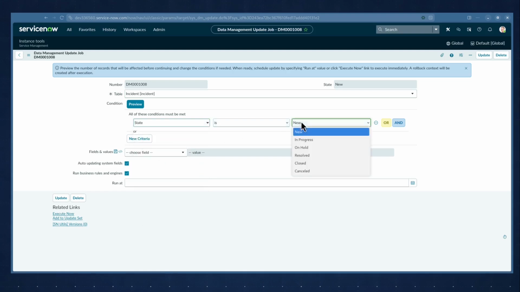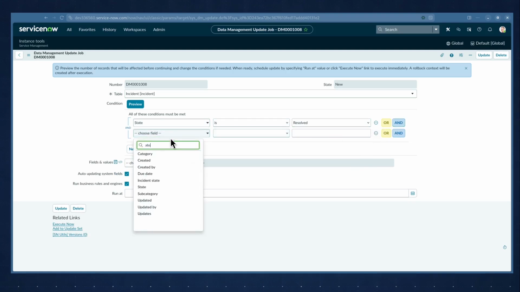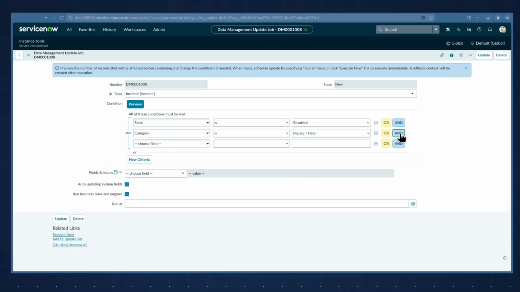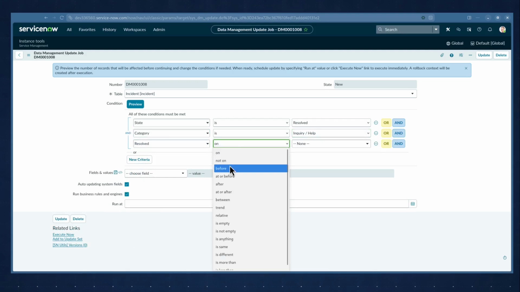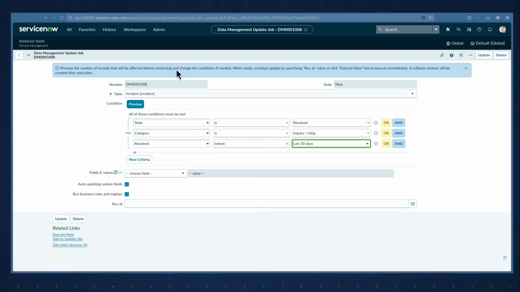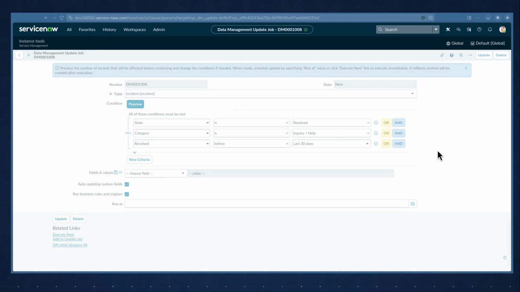State is resolved, category is inquiry or help, and resolved was before last 30 days, right? So last 30 days. Let's save the record,